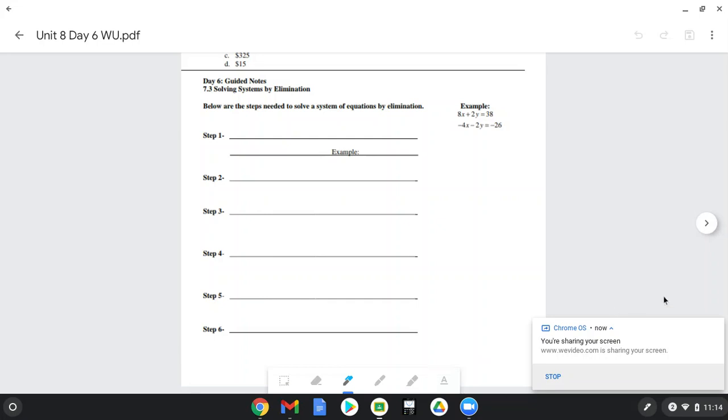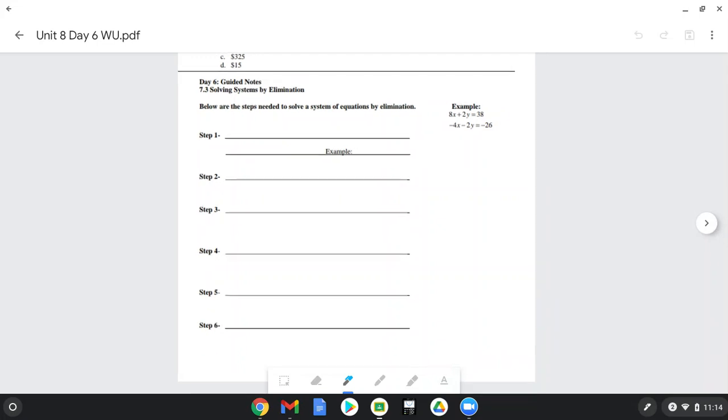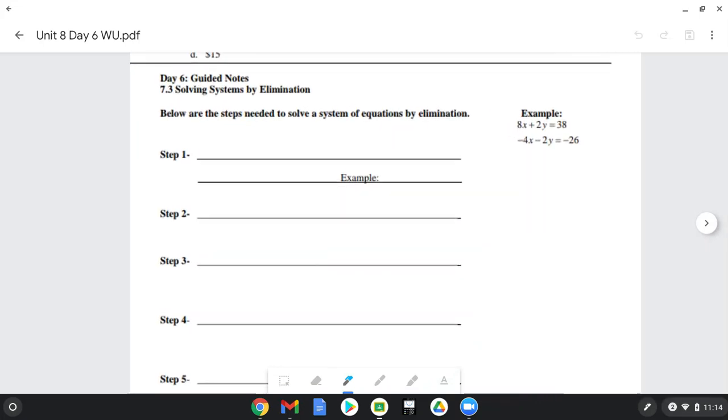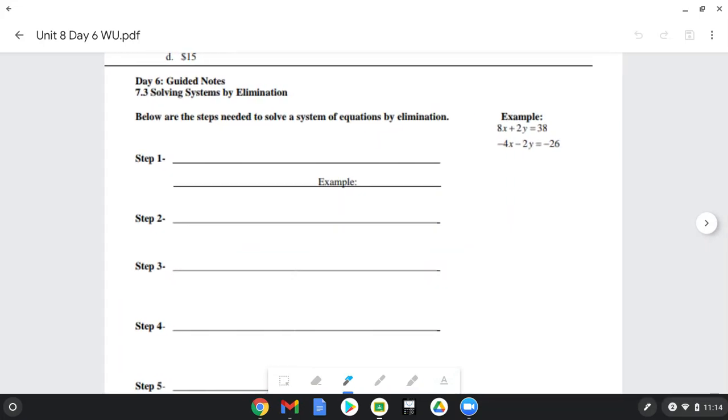Okay, we have our third and final way to solve. So far we've solved by graphing and then substitution, and today is called elimination. So these are the notes for solving by the third and final way, which is elimination. Or some people call it the multiplication method as well. So here are the steps, and on the right side I'm going to do the example as we go through